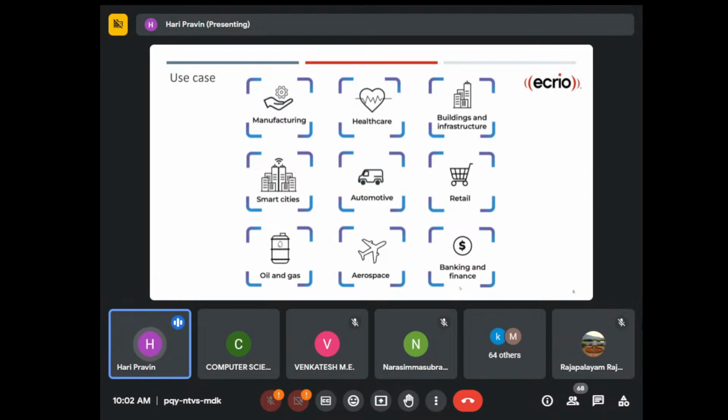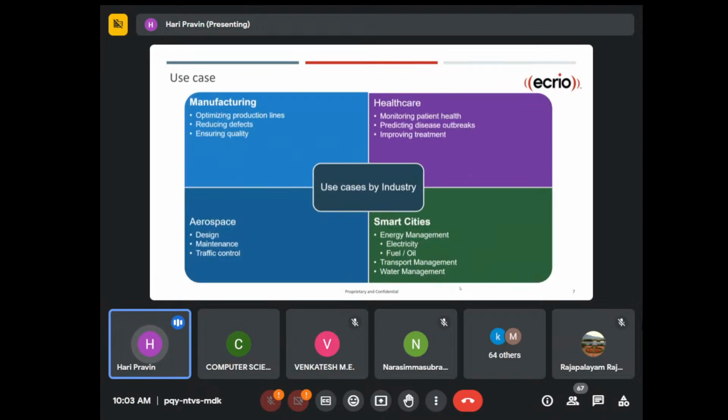Your EB guy will have a phone in his hand. He would just enter the number of the post, then immediately the post would be automatically cut off from supply. And again, he would enter it back on, and it'll start to work. So this is one small aspect of how digital twin can be implemented in the electricity board, and it is currently working as well. So when I go into more detail about how it can be used across all industries,